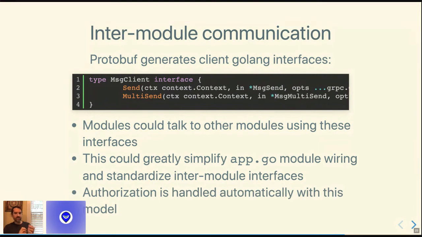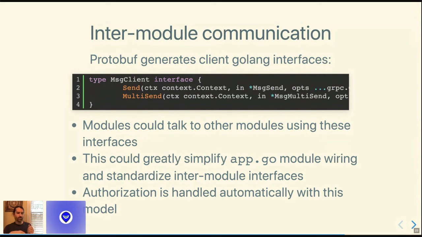The basic idea is that every module has its own address, its own identity. And if you're sending a message to another module, the module can check, is this address authorized to send this message or not? It's the same basic way that if a client is sending something to the blockchain, the blockchain needs to verify, hey, did the client with this public key sign the message?